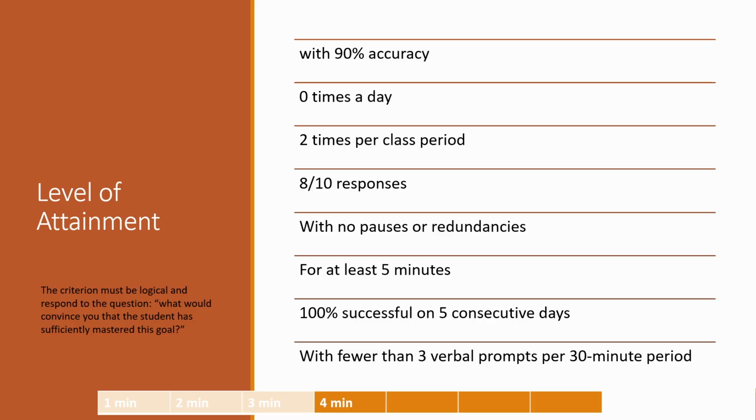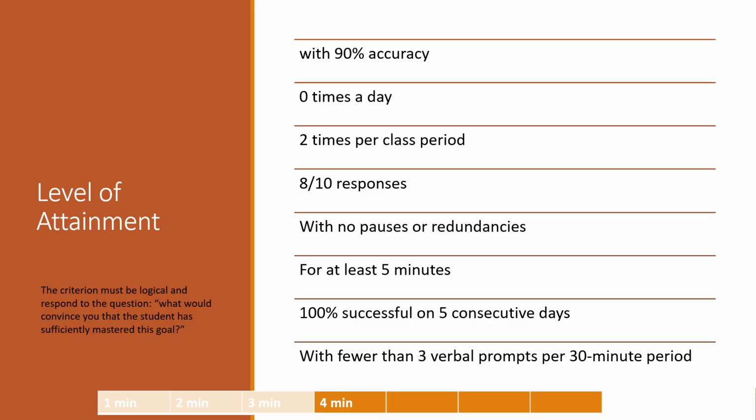For setting the level of attainment for an IEP goal, we have a lot of options for what we want the child to be able to accomplish in a year's time in terms of how they're performing in a particular skill area or how they're achieving, demonstrating competence or proficiency with a particular academic, behavioral, functional skill. The IEP goal should have a criterion that matches and makes sense for the skill in focus given the context of what is stated in the present level.